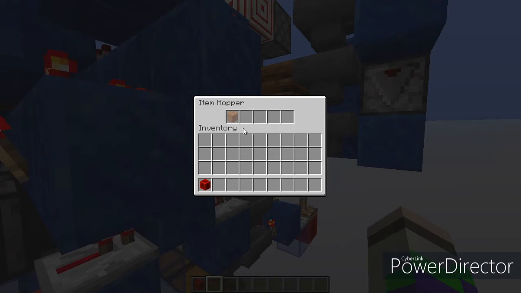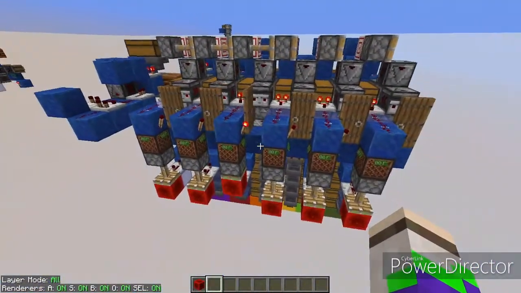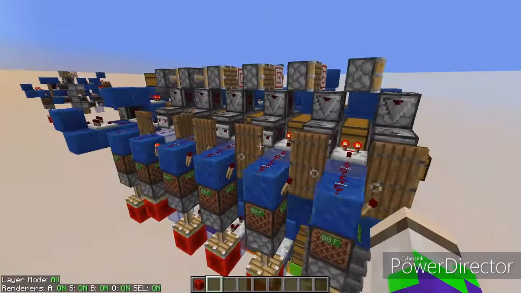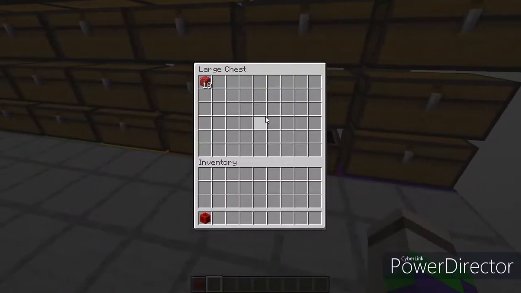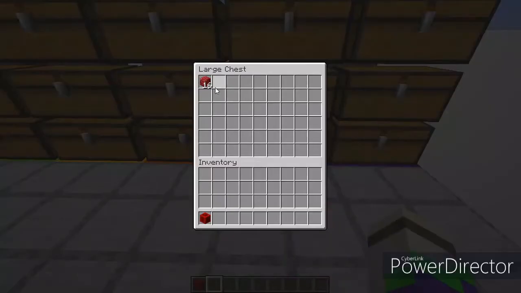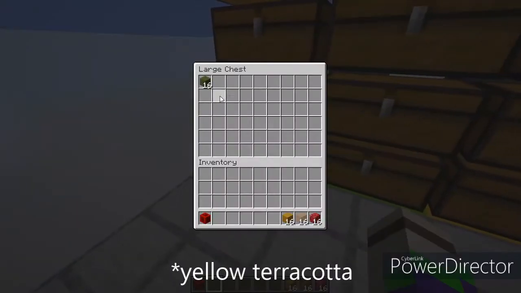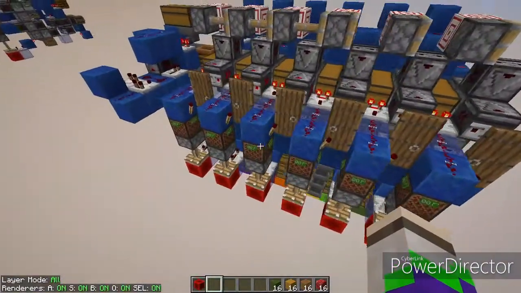in this way. Okay, then you can also tell that the system is really noisy. There are doors that open and close, pistons, and so on and so on. And here we are sorting red glazed terracotta, orange stained glass, yellow concrete, and green concrete. And then the last one,